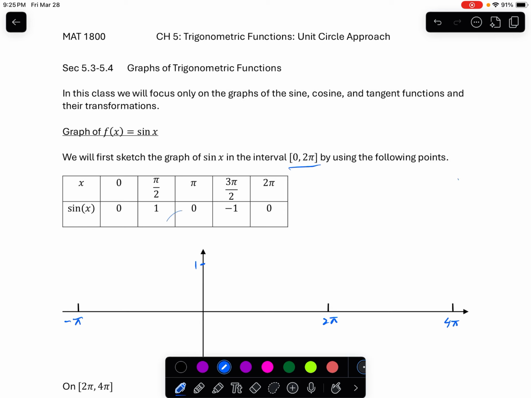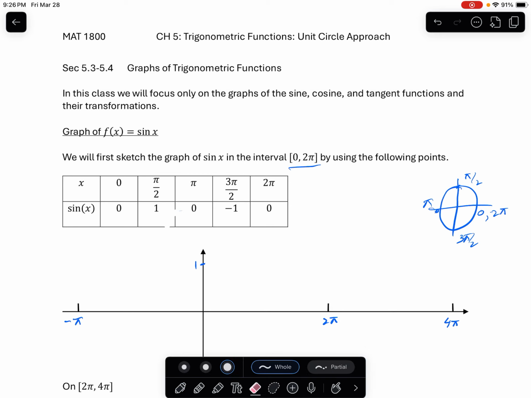Remember, if I draw the unit circle, this is my 0, this over here is pi over 2, this is pi, and this is 3 pi over 2 down here, and then 2 pi comes right at where the 0 is. With these 5 values, we will be able to graph the